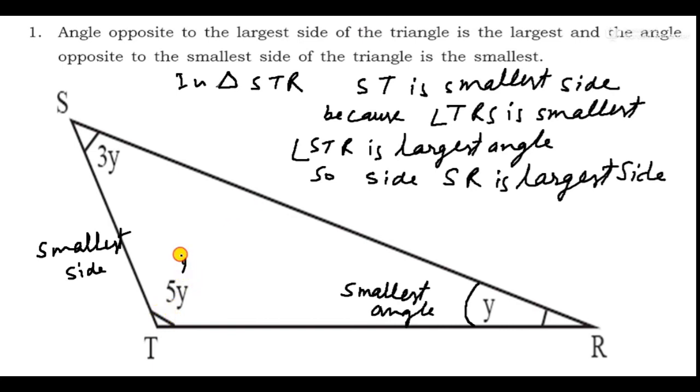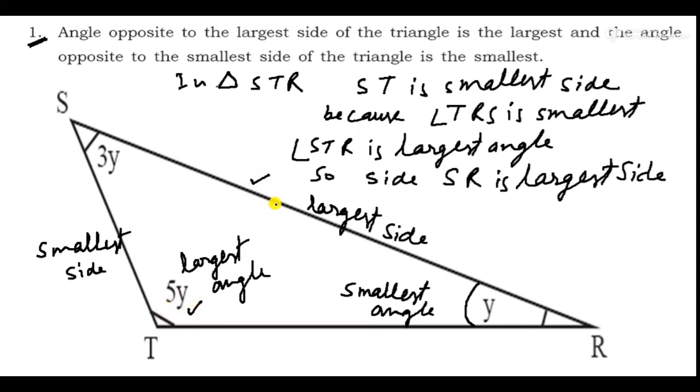So this angle is the largest angle, and it is the largest side. You can make this in your copy and write all these things. So the first is clear, I think. The opposite angle of the largest side of a triangle is largest. So opposite of this largest angle, the side is always largest. You can see this is the largest side and this is the largest angle, and this side is in front of this angle.